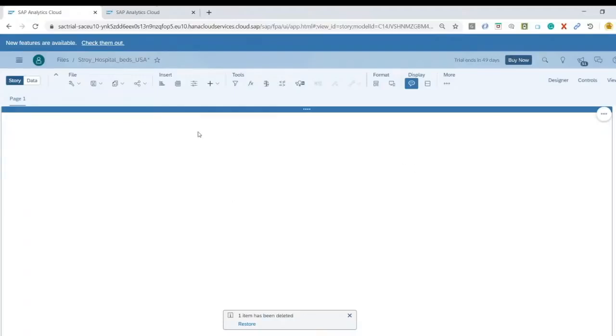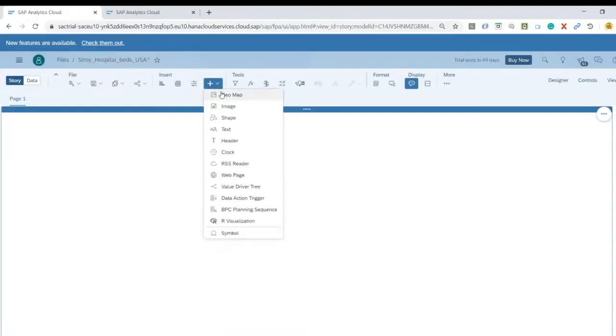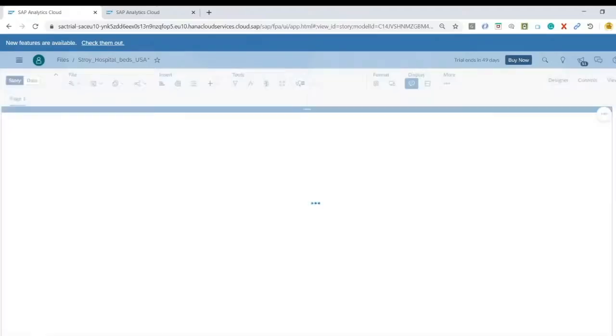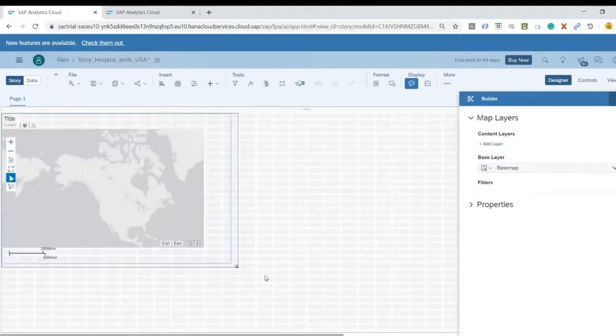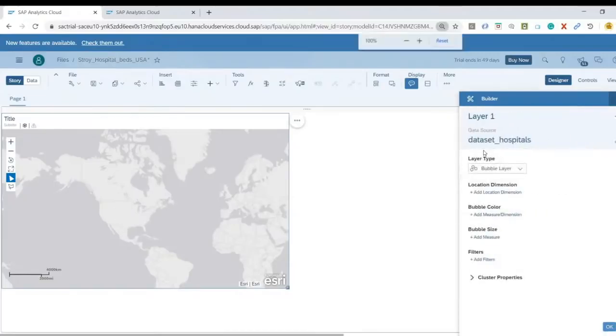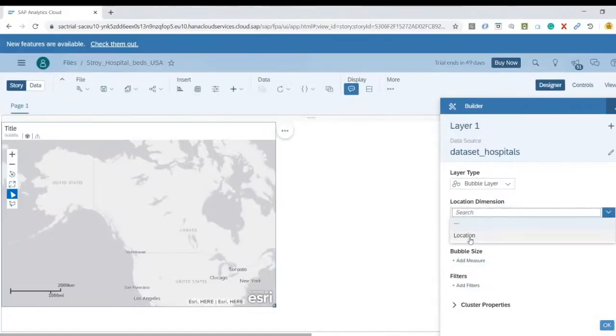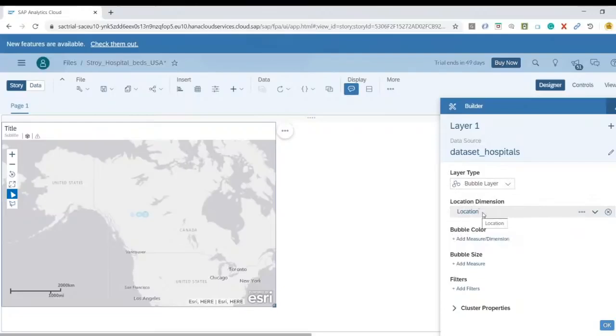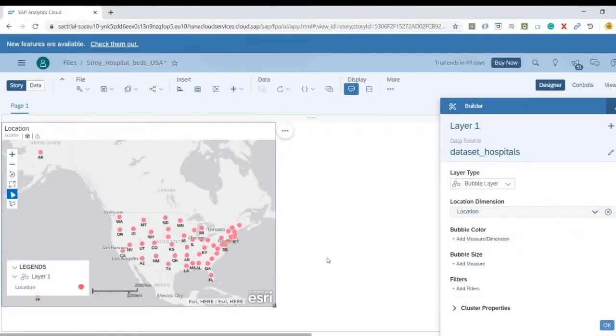So let's quickly include a geomap. Click on plus and add a geomap over here. And you can see we've got a beautiful geomap added. Now it's time to provide this geomap something called a layer. A layer identifies what coordinates to project on the screen. So I'm going to add a bubble layer to indicate my coordinates as a bubble. Let's click on add layer, add a location dimension and choose location here. And you would quickly see a set of bubbles now being marked here for each of the states